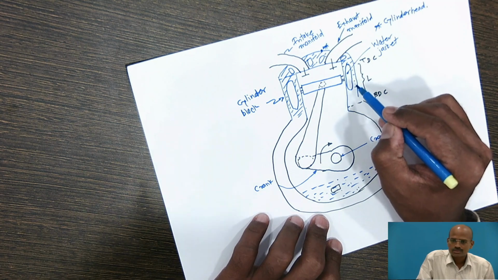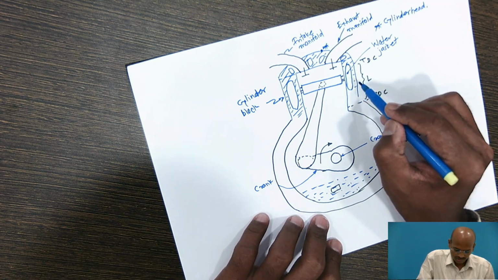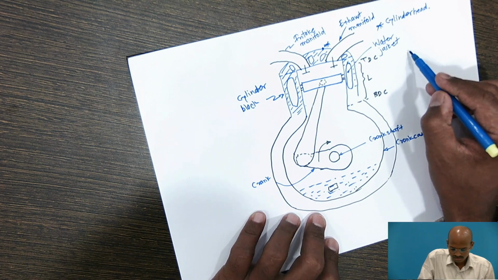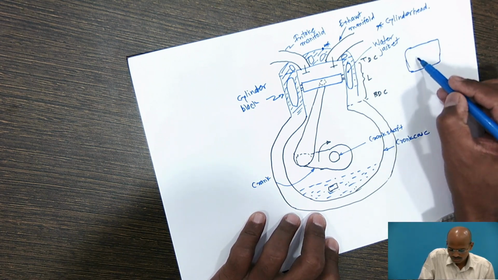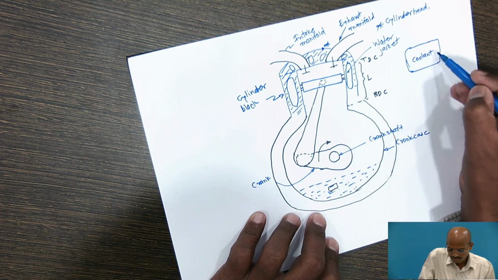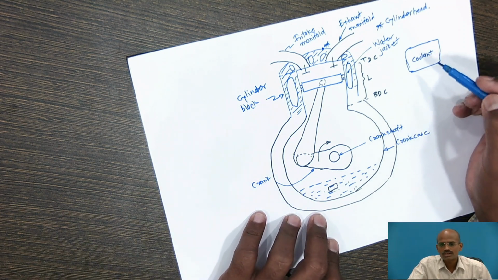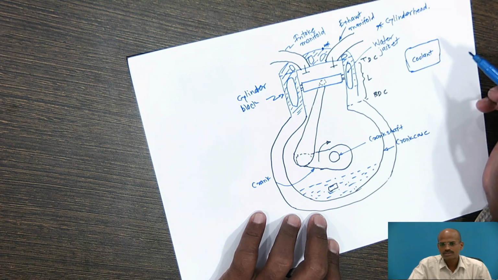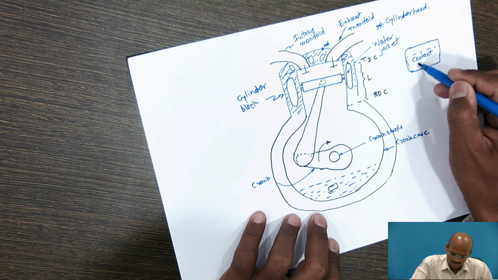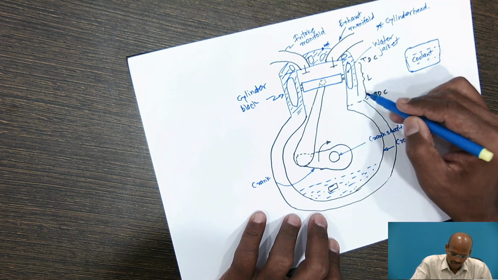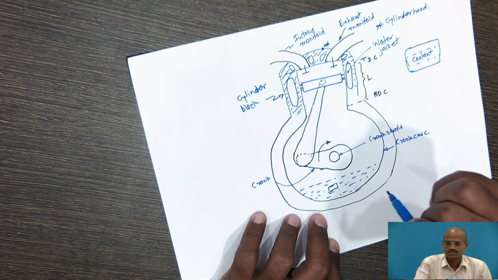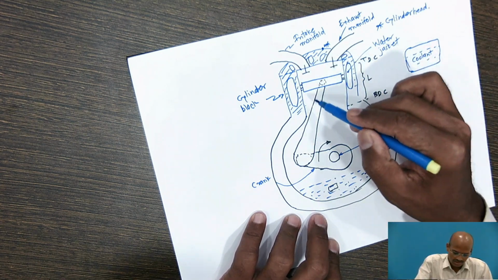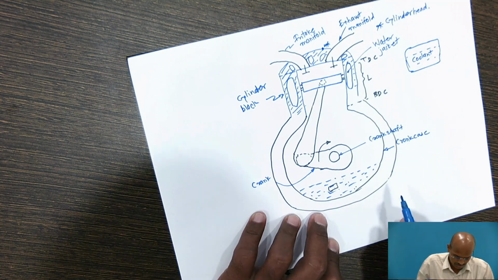For lubrication and for cooling purpose, there will be a separate tank which stores the coolant. Nowadays, instead of using 100% water, we are using 50% coolant and 50% water. That mixture is stored in this coolant tank, and by means of piping we can circulate that coolant through these water jackets. That is the cooling circuit for the engine.